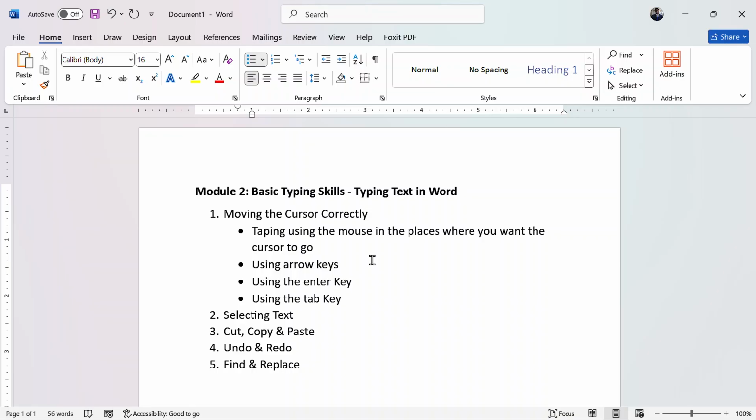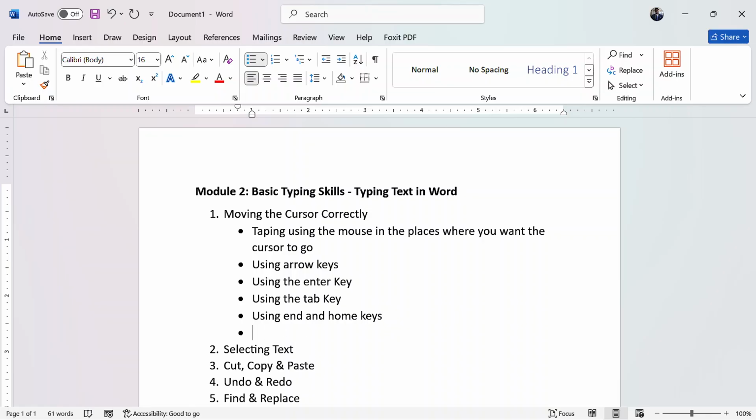Now when you use the End and the Home keys, they also move the cursor. It actually takes the cursor to the beginning of the document and to the end of the document respectively. We also have using the Home and End keys. When you tap on Home, it goes to the beginning of the sentence, and End, to the end of the sentence.